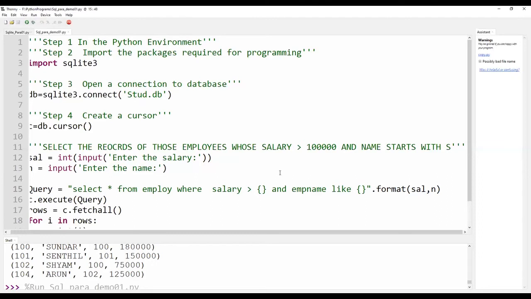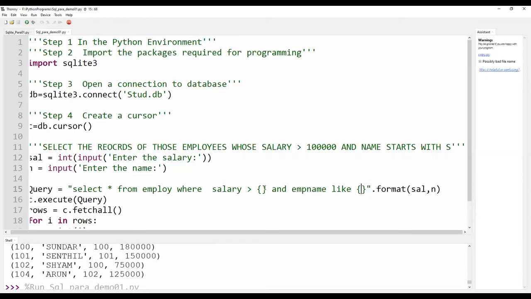Again, I repeat, sal denotes the argument K, that is, which column. Input denotes what value, that is the V argument, and P denotes where you are going to place it. Similarly, N denotes again the K argument, which column, and the input for N denotes what value and where you are going to place it.